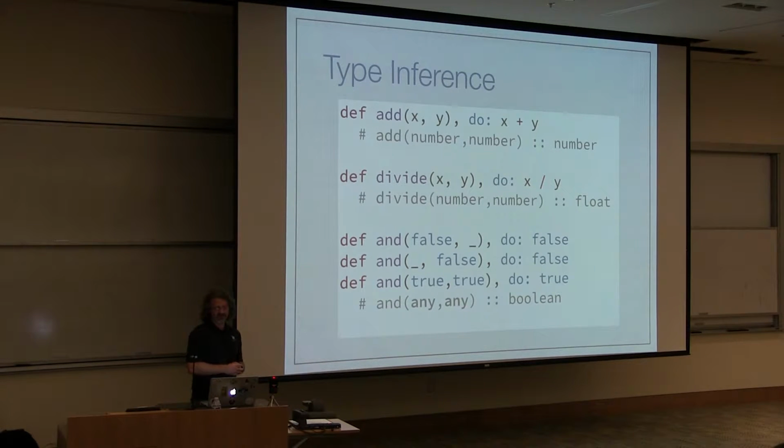The next function, divide, is similar. It's a little bit different in that we're using the division operator in the body of the function. That also takes numbers as arguments, but specifically produces a floating point number as output. So it doesn't do truncation or integer division. We know that it returns a floating point number as output. So Dialyzer is able to infer a slightly more specific return type on that function.